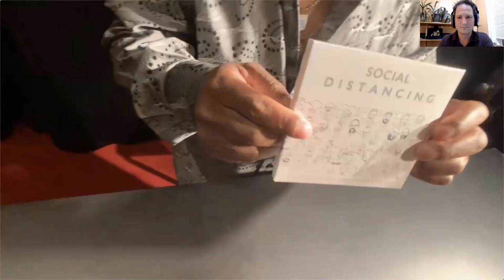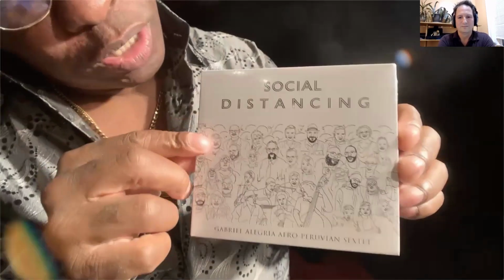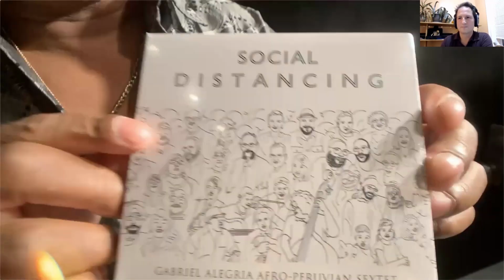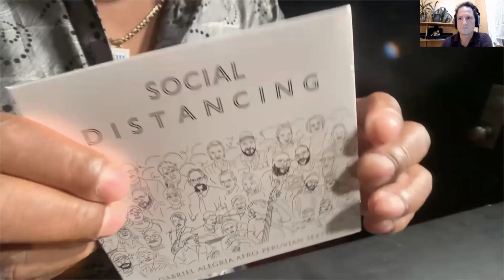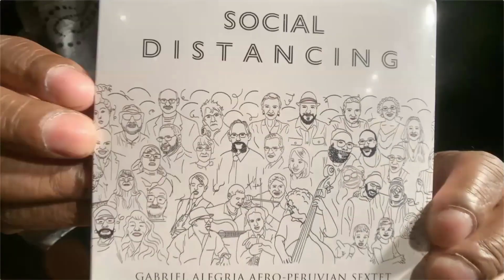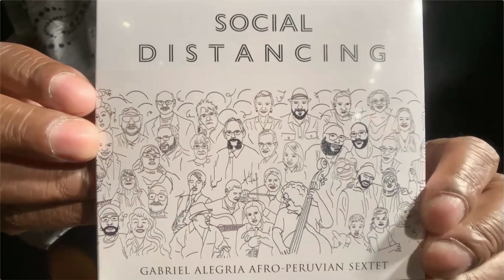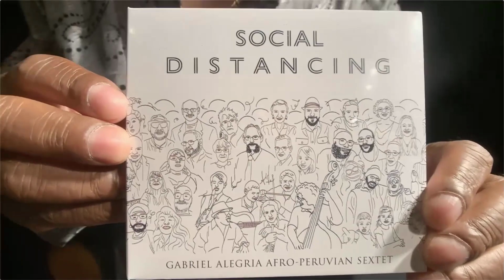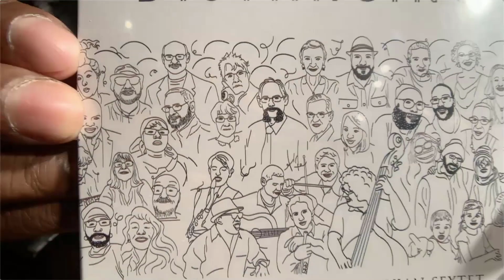Oh, déjame ver la carátula primero. Vamos a verlo por afuera. Ahí está. All right, so here is the way it looks. Qué bonito este CD, por mi madre. Now here on the cover, Maestro, déjalo quietito pues, para que no se mueva tanto. Yeah. The cover here starts the artwork. Some of you may recognize yourselves on there. The band is in the middle, and some of these pictures here are the ones that made it to the